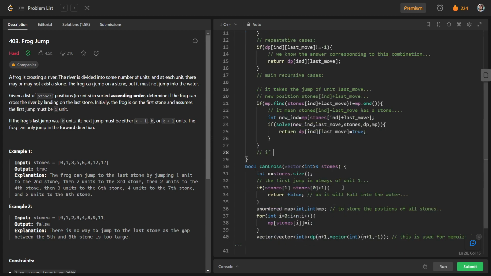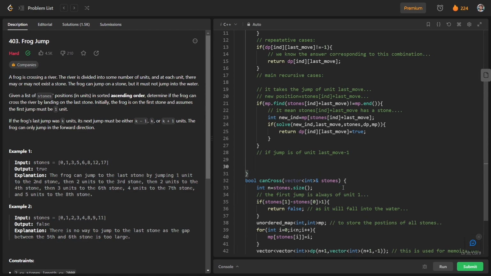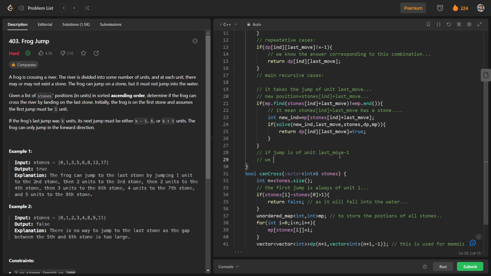So if the jump is of unit last move minus 1, for this case we will again do the same thing, but we will check for a different position. We will check whether there is a stone on position stones[ind] plus last move minus 1.